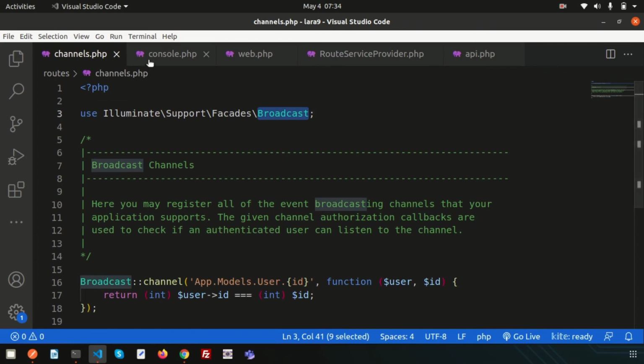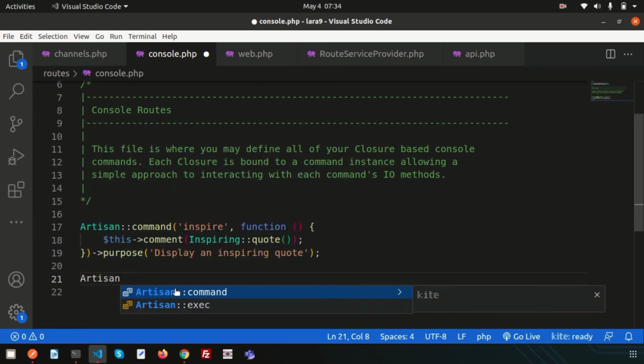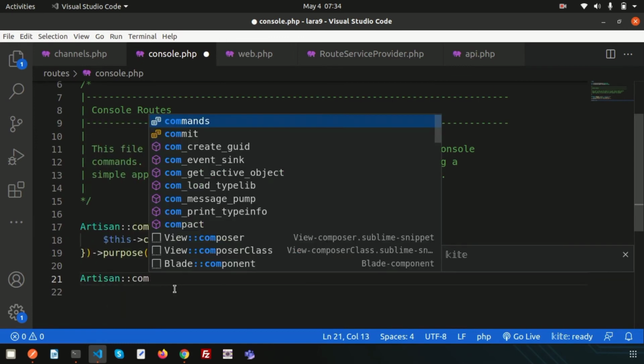And the other file is console.php. So what is console.php? Using this console.php or console route, you can create your own artisan command. You can see that there is the artisan command inspire, right? And if you want to create your own artisan command, you can create it just like this: Artisan::command,